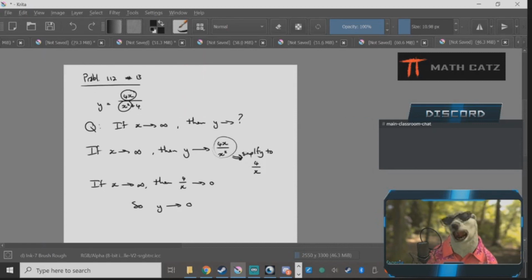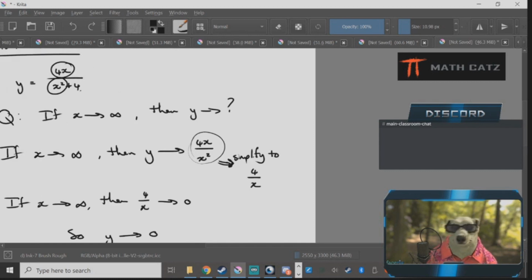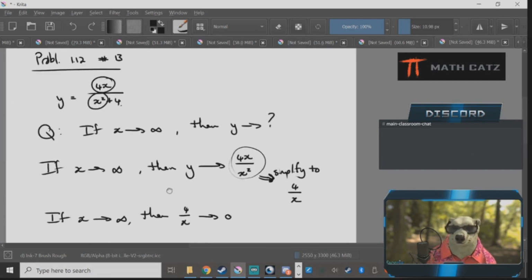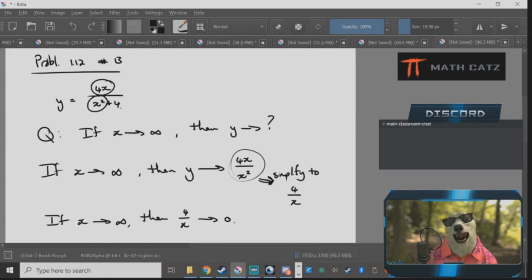So what this is saying is, if I look at, let me zoom in, the original function, 4x in the numerator, x squared plus 4 in the denominator, the whole thing shrinks down to 0 eventually. In the middle, other things are happening, I have no idea. Long term, the whole y value shrinks down to 0, which when you think about it makes sense